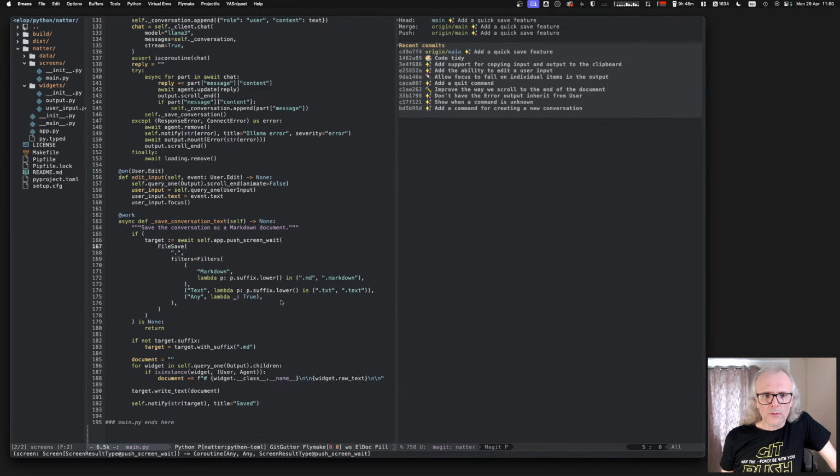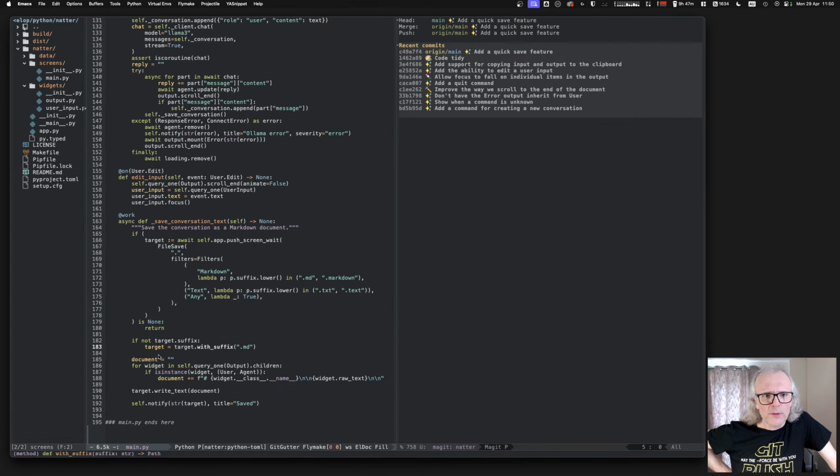But those couple of little things aside, it does work quite tidily because you can see all in one place what the code's doing. We're calling up the modal dialog that asks the user where they want to save the thing, and then we're actually going and doing the save. Makes it nice and easy.